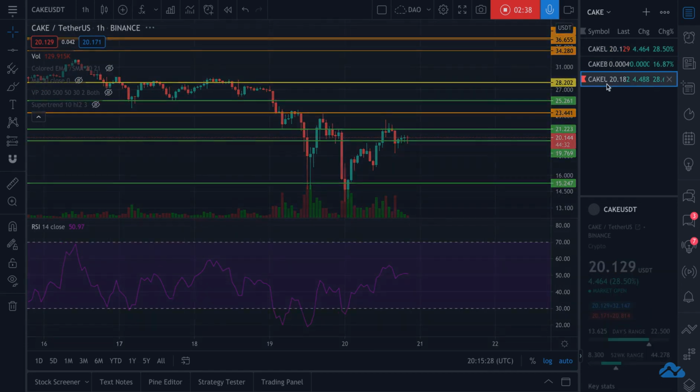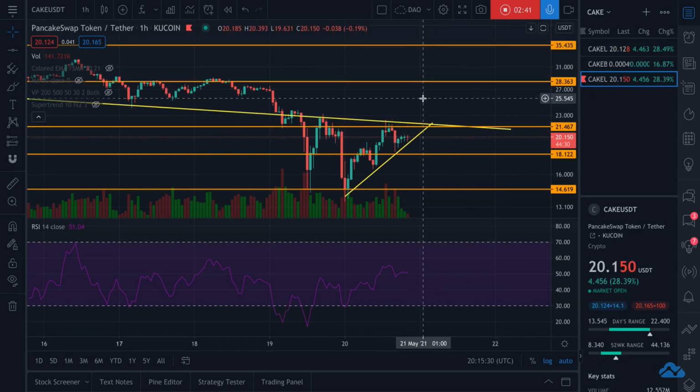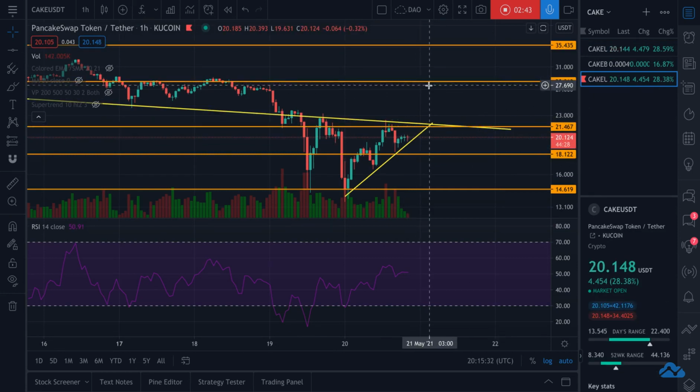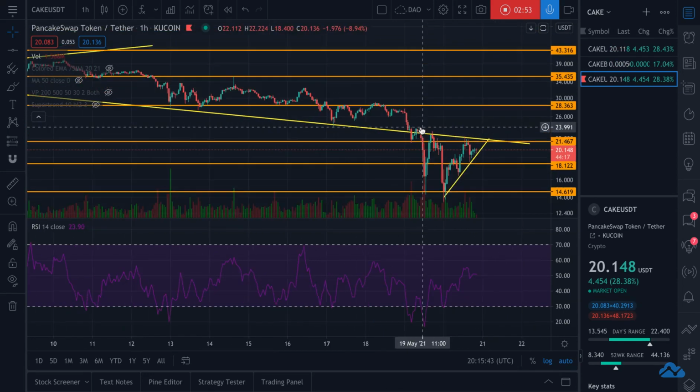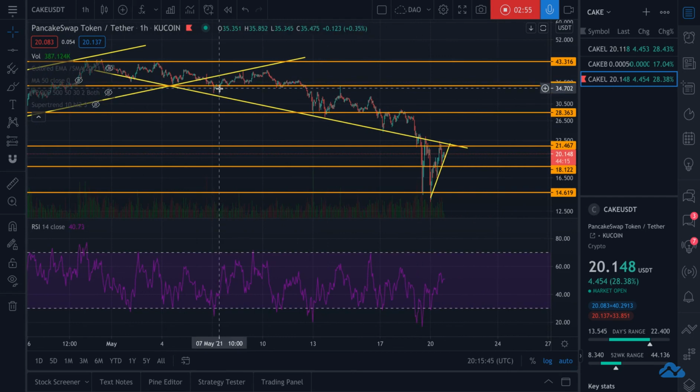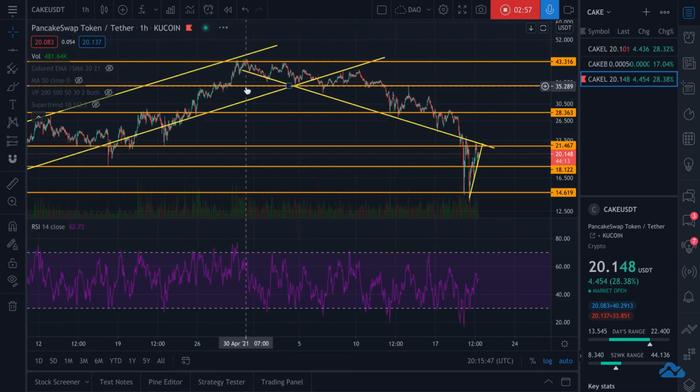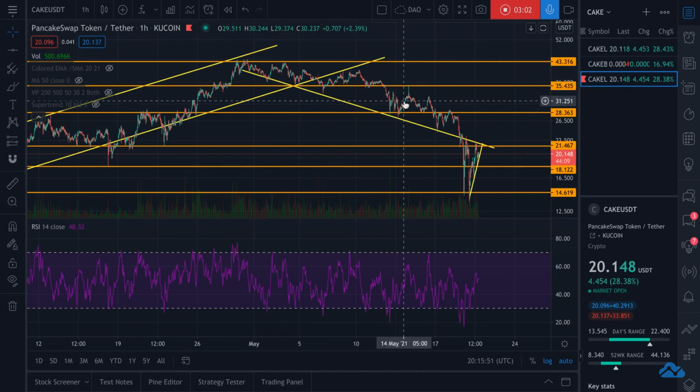And then what I think that would do for us over here is take us through this one and bring us up to around the 26, 27 range, where I think we would then find resistance and then pop back down here to play support and then hopefully start our climb back up, so that we can get back up to this range. I think we're going to find a lot of resistance at 35. I don't expect us to just break right through any of these. We're going to find a lot of resistance at 28.